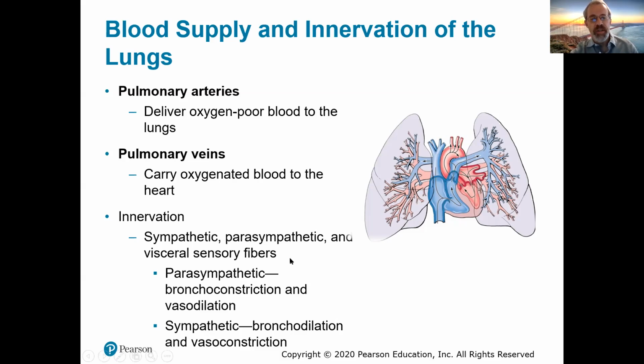Parasympathetic, of course, is the rest and digest. So accordingly, the parasympathetic reduces the amount of air going through the lungs, since you don't need it, and triggers what we call a bronchoconstriction. And remember, of course, vasodilation, when we talk about blood vessels, helps to keep the blood pressure low. So decreased blood pressure,